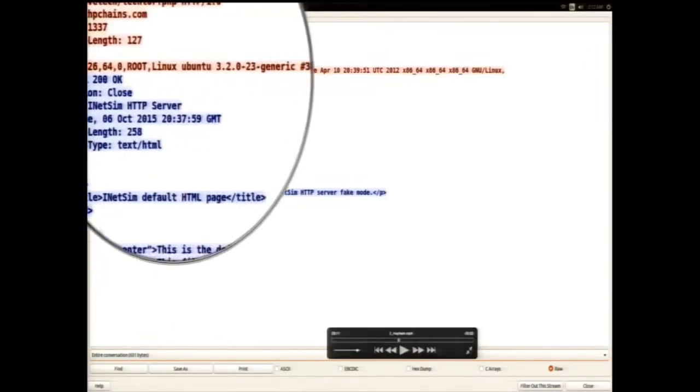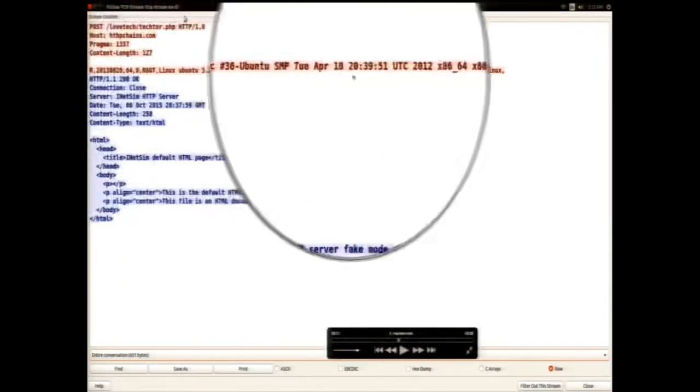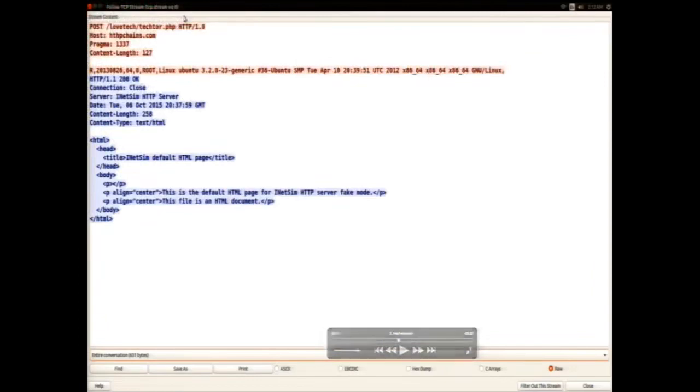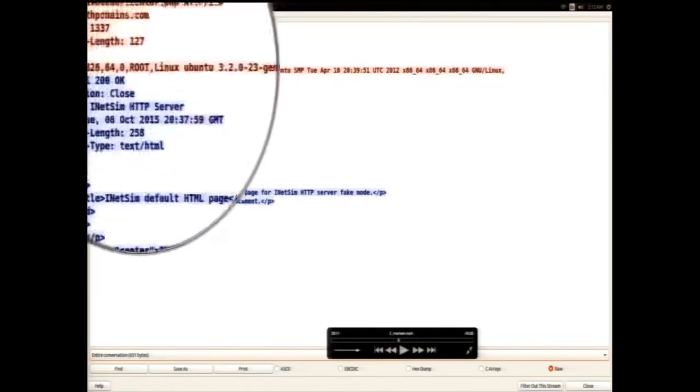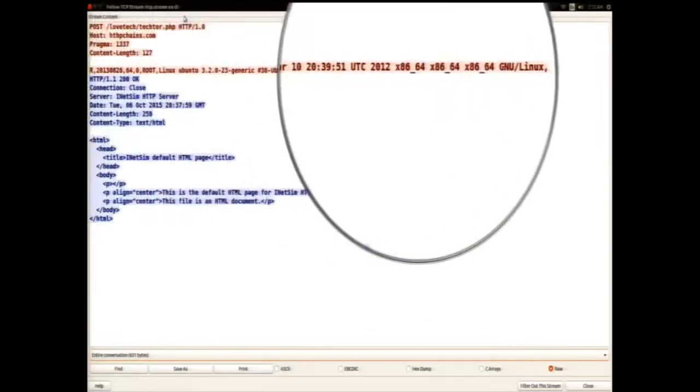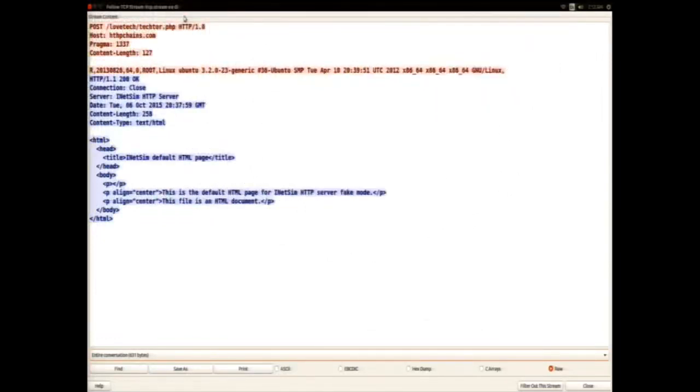If you see here, it is sending the system information to the attacker. Just to show you, if it's not visible, it's saying the user is root, Linux, Ubuntu, and the architecture of the Linux. So this is the first communication of the malware. Once it infects the system, it talks to the command and control server and sends this information. This is to let the attacker know that the shared object was successfully loaded. Later, the attacker can interact with the malware and issue various other commands.